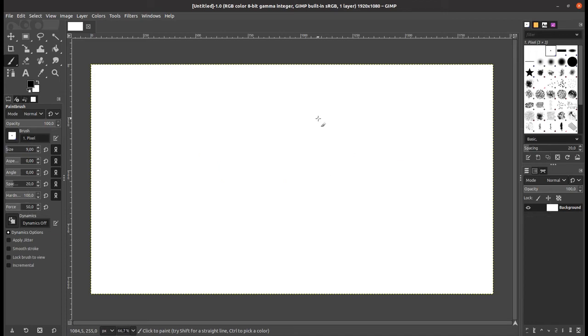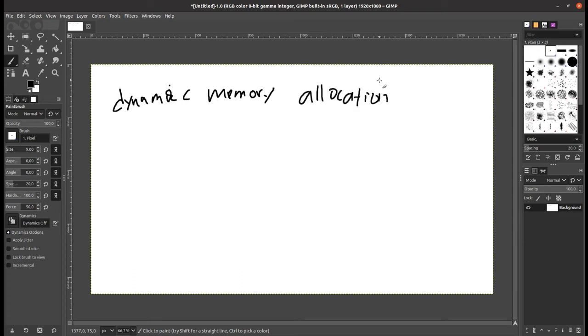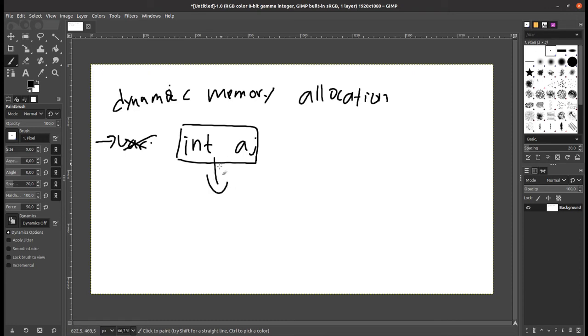Okay, now I want to explain about dynamic memory allocation. And actually, when we declare a variable using the usual way, like integer a, it saves it in stack memory, and this stack memory has a limited size. Actually, I think in Linux it's limited to 8 megabytes. It's very limited,